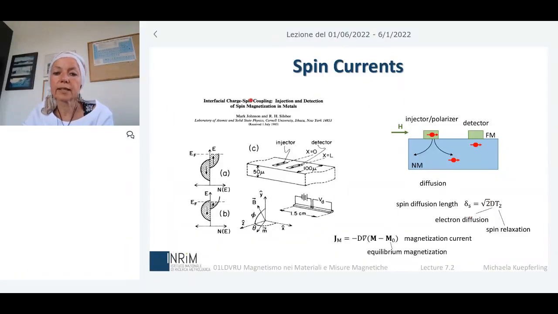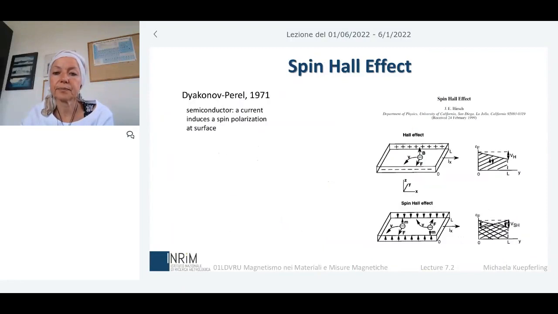All this can be described also from a classical point of view using some thermodynamic theory, and this was done by Johnson and Silsbee. And that's why very often in papers related to this first, pioneering work, you don't speak about spin currents, but more about magnetization currents, as you can see described here. So this was the concept of a, let's say, pure spin current, no? And in order to reveal spin currents,